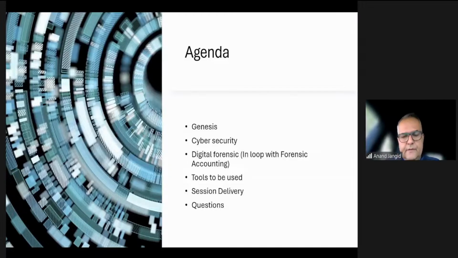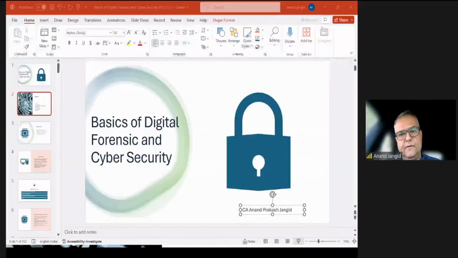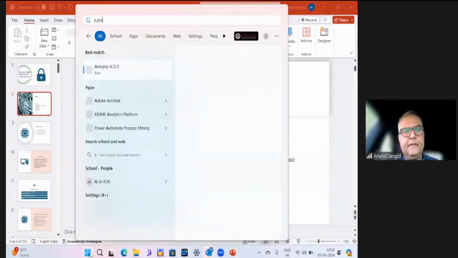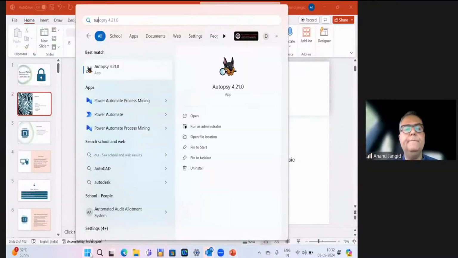Few of some important tools which will actually be very important for all of us to understand, and I would request you to make yourself comfortable with that, is, let me just share my entire screen. Just give me 1 second. Okay. So what I would like you to do, there are some tools like, I hope you know this tool, Autopsy. Autopsy is an open source tool